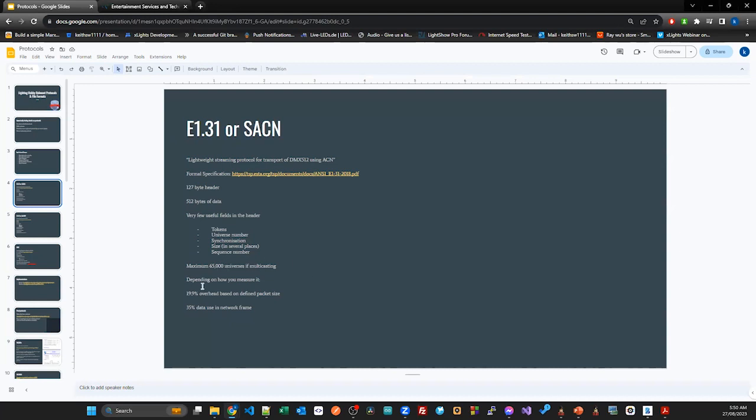So a maximum of 65,000 universes. One of the things I often look at is the efficiency. Given that there's 127 bytes of header for every 512 data, that means there's about 20% of overhead in every single packet. But it's actually a little bit worse than that, because most data in networks is sent